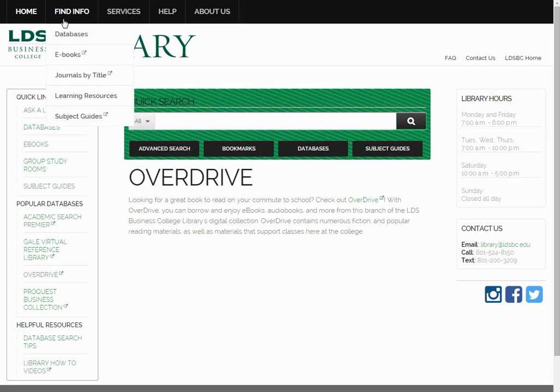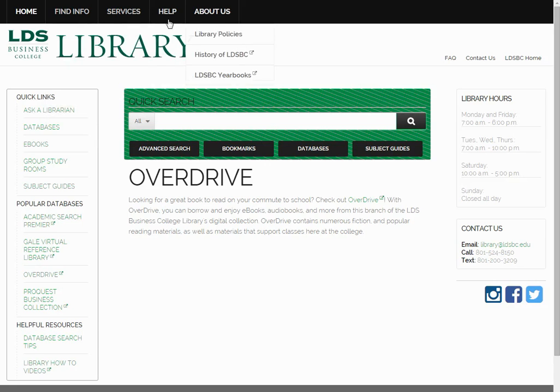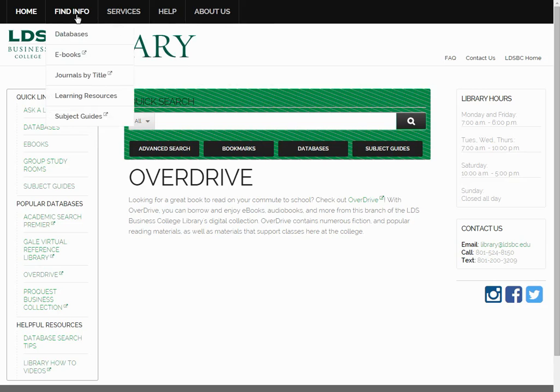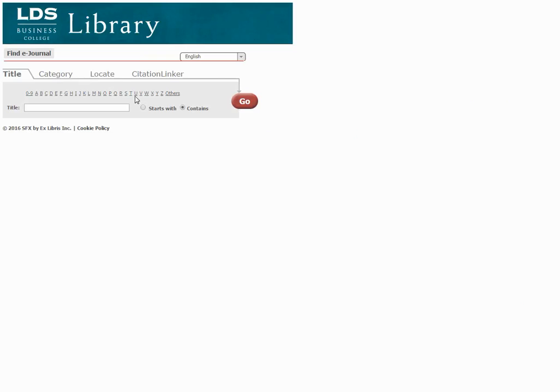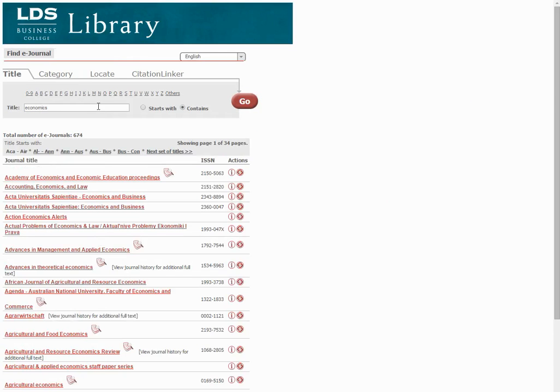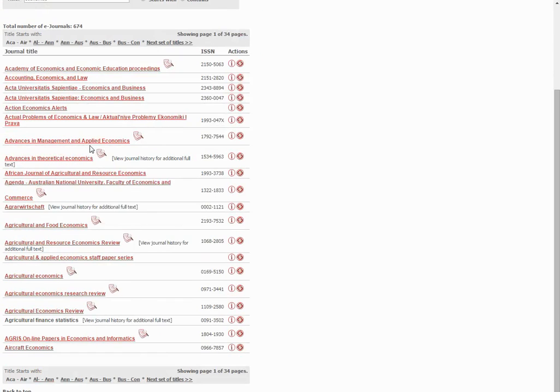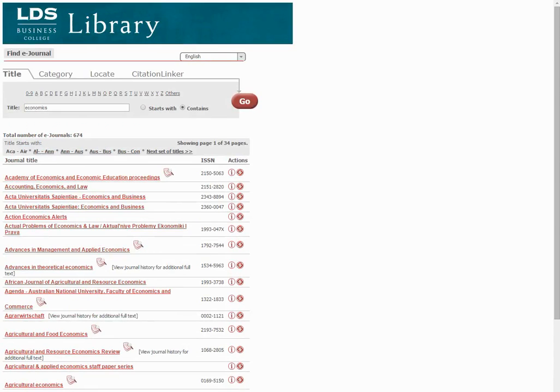On the top ribbon are 4 drop-down menus. The first one, Find Info, is where you can find links again to the databases and the ebooks page. Here you also have the option to search journals by title. If you click on that, you can see that you can type in any journal title name to see a full list of the titles with that name. Click back